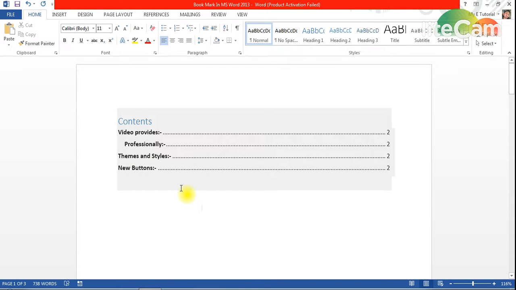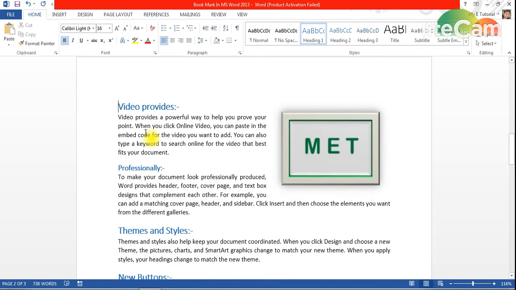If I want to go to "video provides", I will just press Ctrl on my keyboard, take my cursor to "video provides", and when I click on it, it will take me directly there.